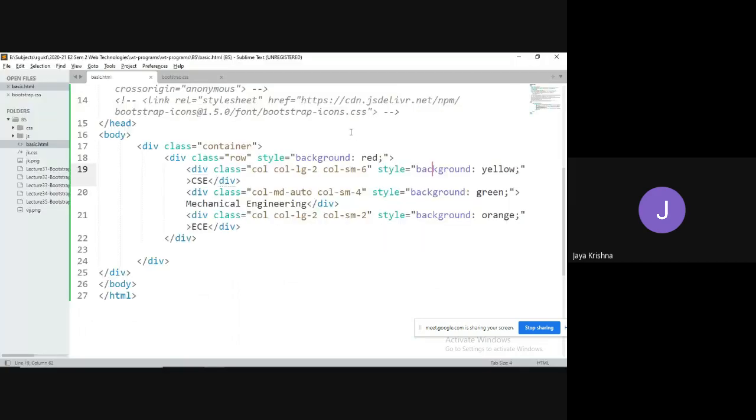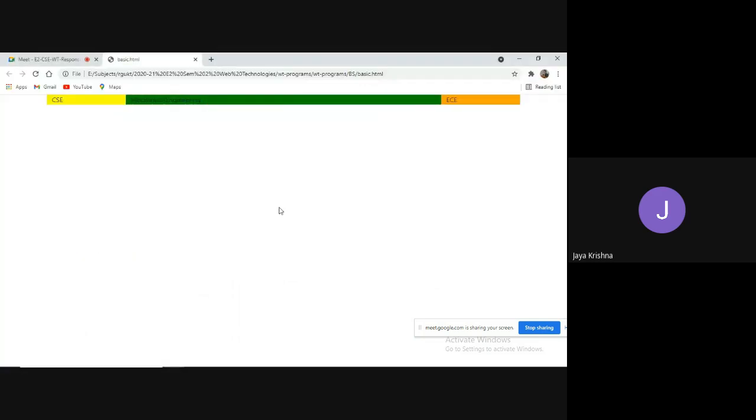Okay, fine. So to overcome this drawback, I can define it like this: col-lg-8, I would like to occupy eight parts on a large screen. So observe, this is two parts, this is eight parts, this is two parts for the large screen, total 12 parts. If I refresh, what happened? Mechanical engineering is going to occupy 12 parts. If I minimize, guys,